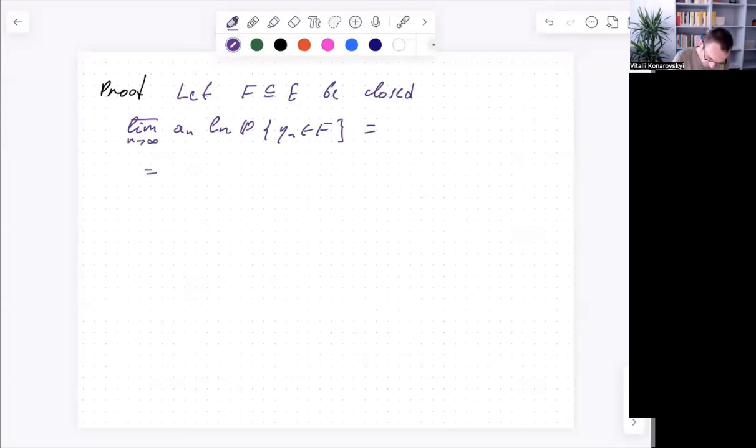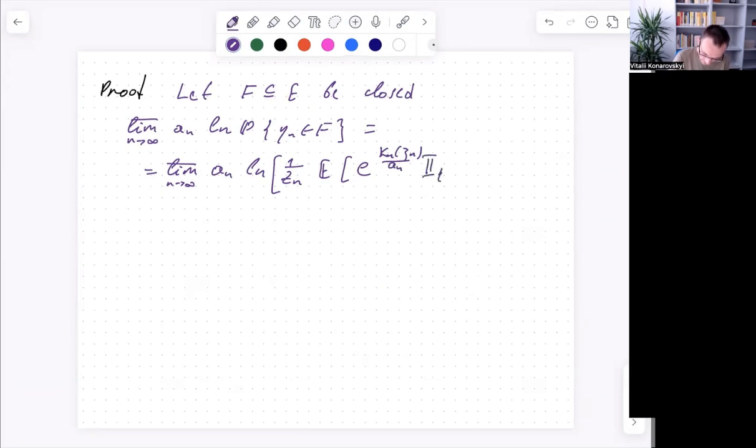It is the upper limit of an logarithm of 1 over Zn times the expectation of e to the power Kn psi n divided by an, times the indicator function of psi n belonging to F, and it is equal to